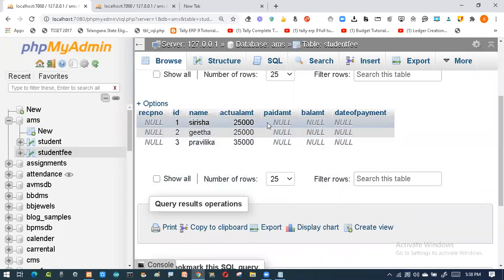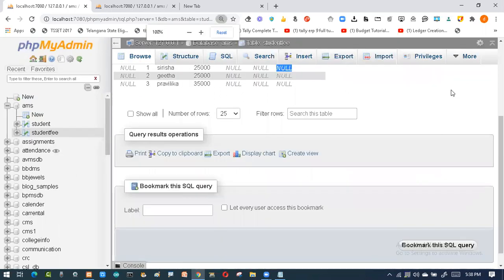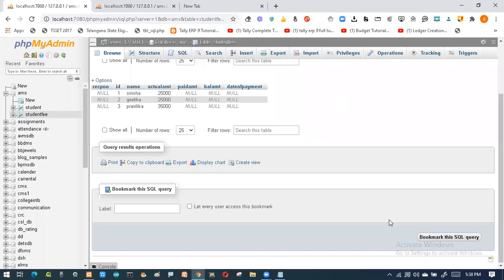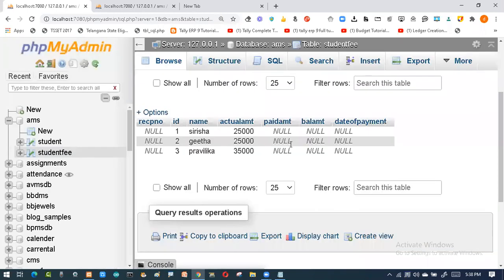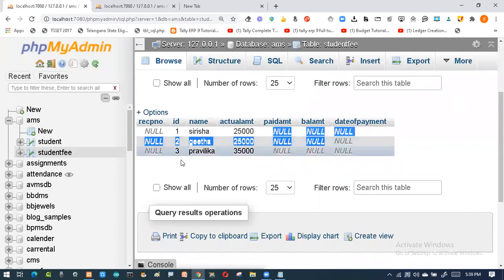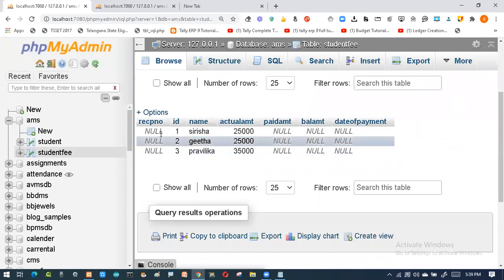Now I want to give the receipt for this person, and the balance amount should be automatically calculated and the date should be done. Whichever date you give, on the current date, it should accept. Whichever person is coming and paying, it should be calculated. So whenever people are coming and paying the fees, I have to fill this record. So with the help of the insert command, I cannot do it. So the only provision for this is the update command.